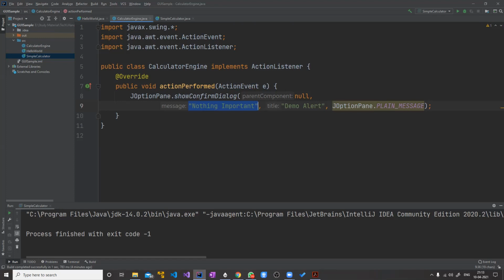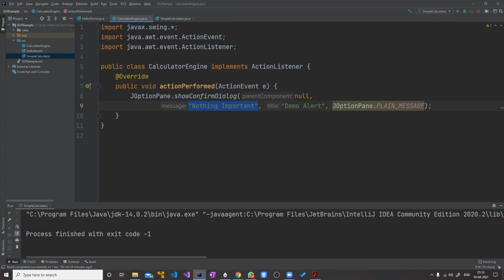So you have to pass the data between objects. Simple calculator data should be given to calculator engine, and calculator engine's result should be displayed on the simple calculator, I mean the UI. So how are we going to do that? Let's see.